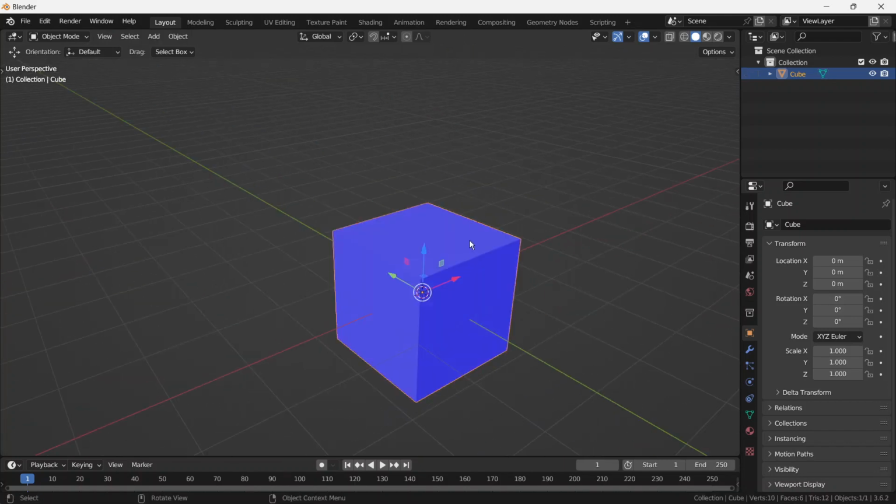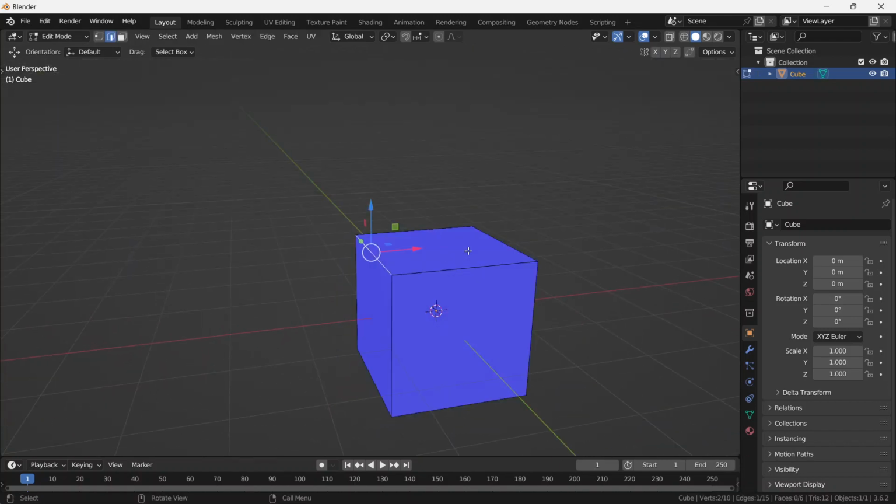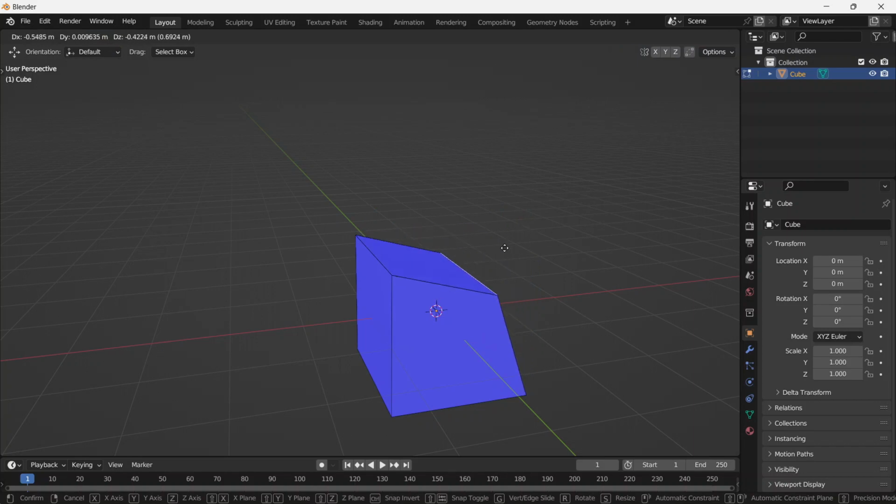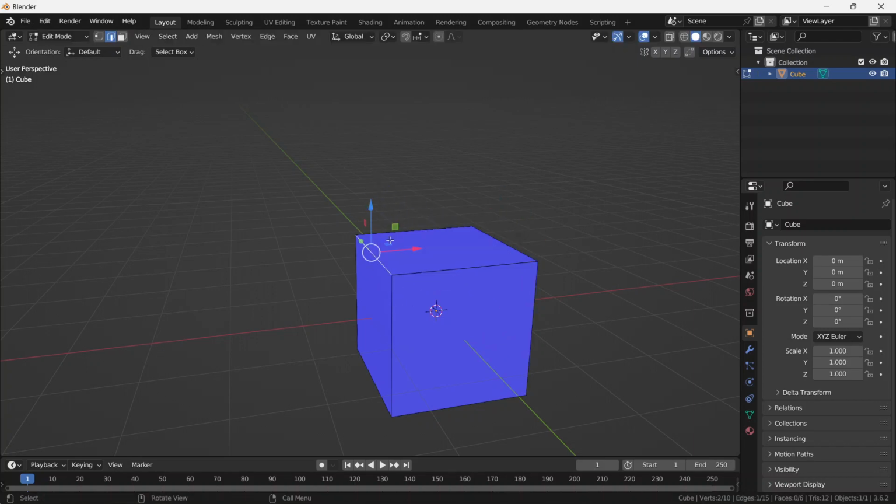But even now, even though this looks like the default cube, notice how when I move these other edges, the rest of the shape moves too. But if I move this edge, it's not attached to the shape. And there are things we can do to fix that, but we'll get into that later. For now, and always, the best way to do it is just to select this edge loop and press F